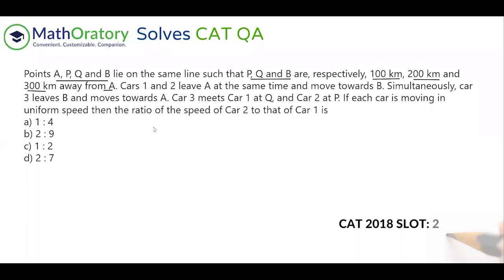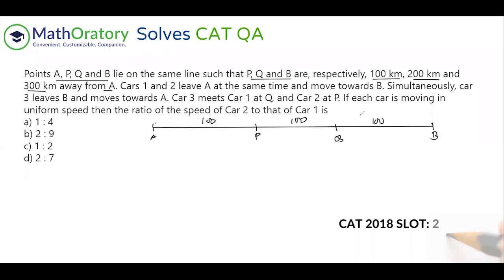So let us first quickly draw this diagram here. Let me indicate this first point as A. Let's say this is the end point, by the way, B. And P and Q are equidistant in between these 2 points. So let's say P is here and Q is here. So roughly equidistant, each of these segments is 100 here. Everything is in kilometers, so it doesn't matter. Even the requirement is a ratio. So let's just write 100 here.